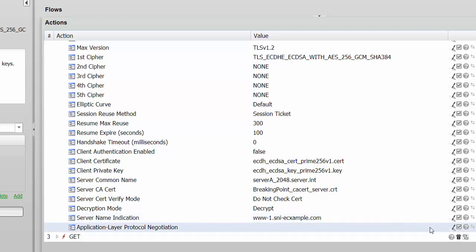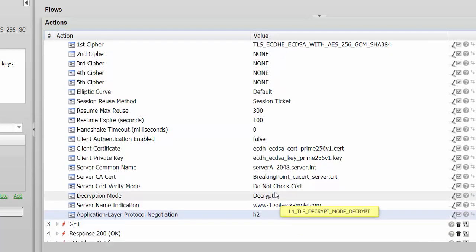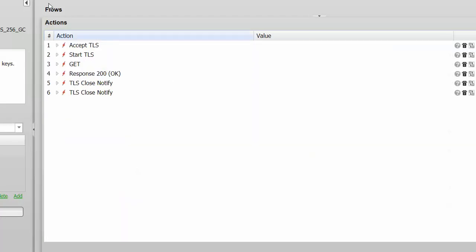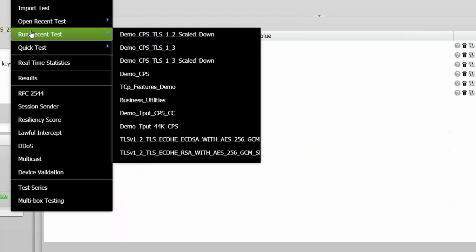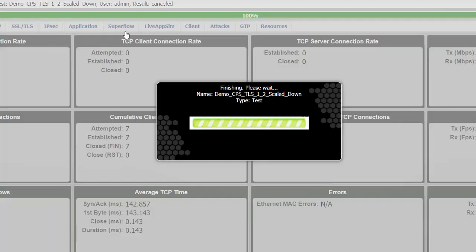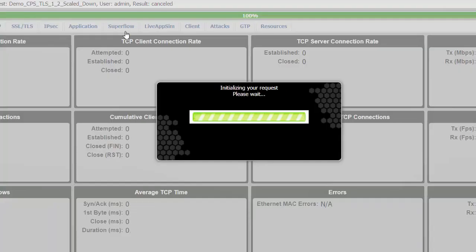The ALPN field, application layer protocol negotiation, that you saw on the server side, is also present on the client side. So we need to ensure that both are the same. Here also I specify H2 like the server, and this basically tells that the GET command would prefer to use HTTP2. So with that, I save this config. I will run this scaled down config very quickly, get a packet capture, and go through those options in